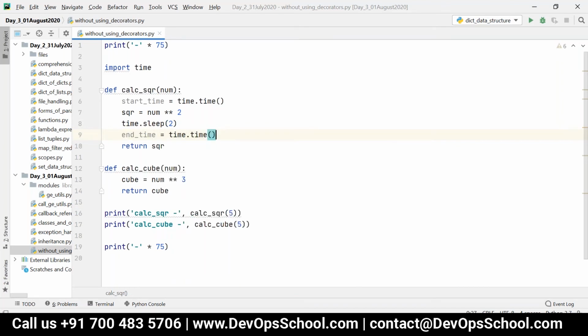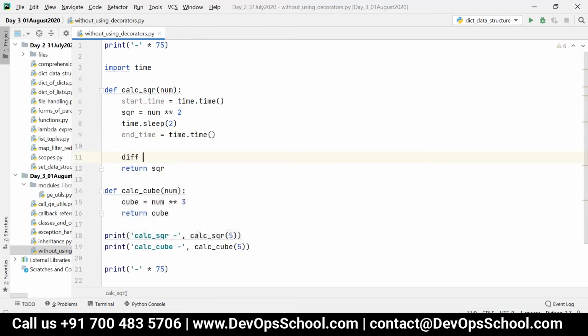So what is the purpose of time.time()? It will return the time in terms of seconds. Now I can just say difference is equal to end time minus start time. I want to know the duration, so end time minus start time.